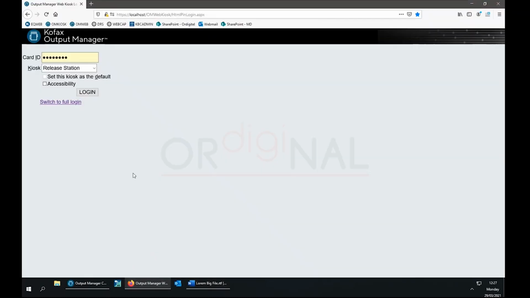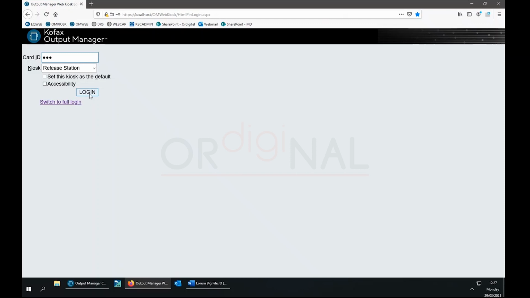What I'm going to do is show what that might look like at time of release. So this is the concept of, I don't have the ability to put the billing account information in when I submit the job, but I would like to put it in somewhere. And the only other place you might be able to do that is at time of release. Now, I don't have an embedded interface, MFD, that I can share easily on a screen with you, but I am going to show you the Output Manager web kiosk, which is a web release station. And I'm going to log in and authenticate,